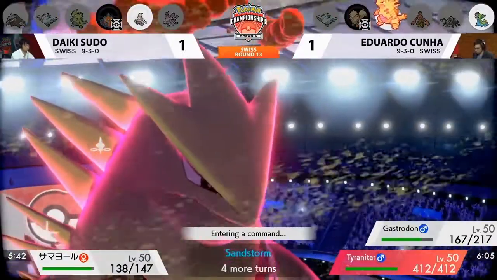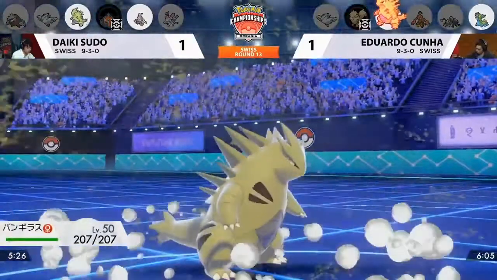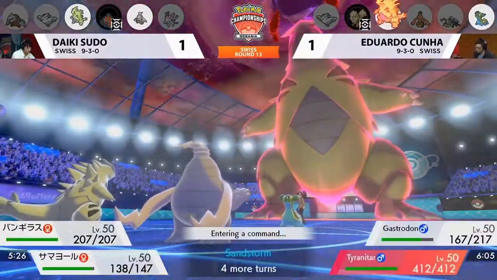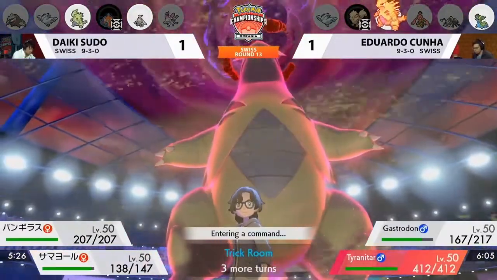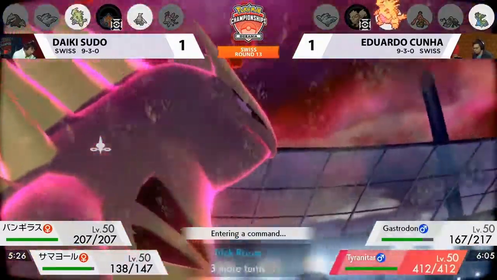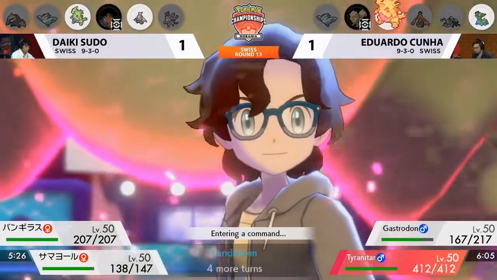We know the Gastrodon does have potential access to recovery. It can easily shrug those Nightshades off. And as long as the Tyranitar on Eduardo's side of the field can continue to attack and can force Daiki to avoid activating the weakness policy, which I think is super, super important here, Eduardo's going to find himself in